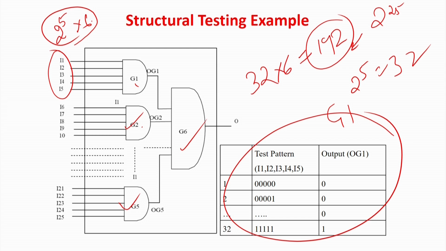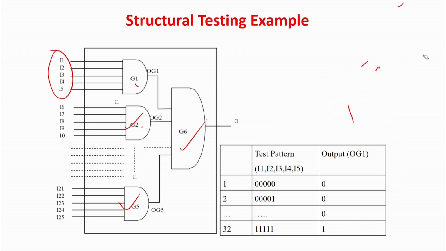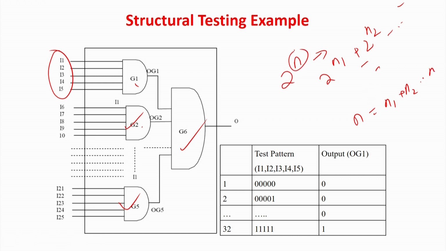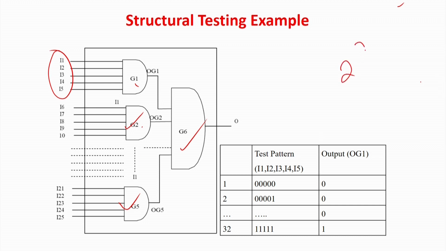So, a huge jump. It is something like divide and conquer, or I should say, from 2 to the power n, we are going to 2 to the power n1 plus 2 to the power n2 and so on, where n is equal to n1 plus n2 and so on. That means we are breaking down this n into smaller numbers. If you look at simple algorithm and complexity theory, this brings down the complexity drastically. Here in the example, I am testing all the gates individually, and I have to apply only 192, in the range of 100 patterns, whereas if I want to test the entire functionality it is 2 to the power 25, which is extremely difficult. A huge jump in the number of test patterns.